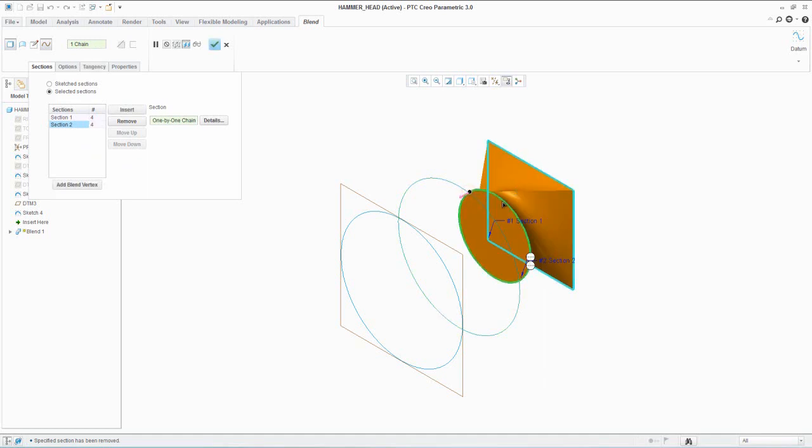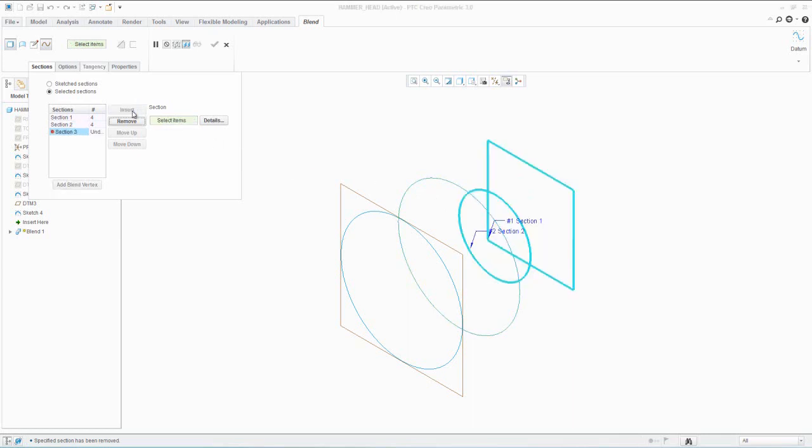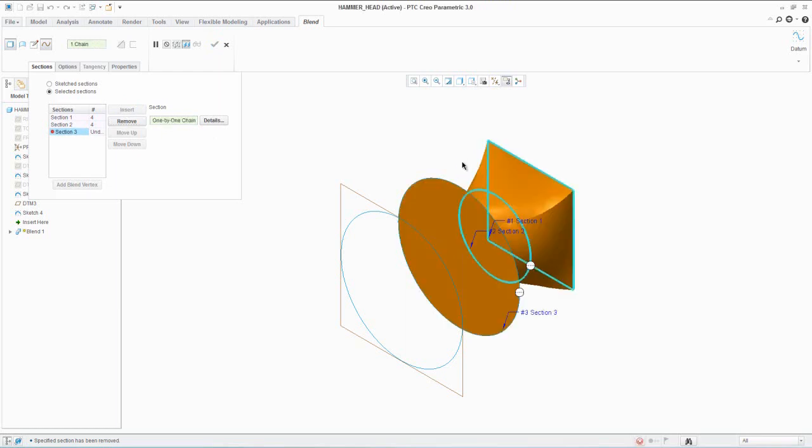Adjust the blend by dragging this arrow. Insert another sketch and adjust it with the arrow.